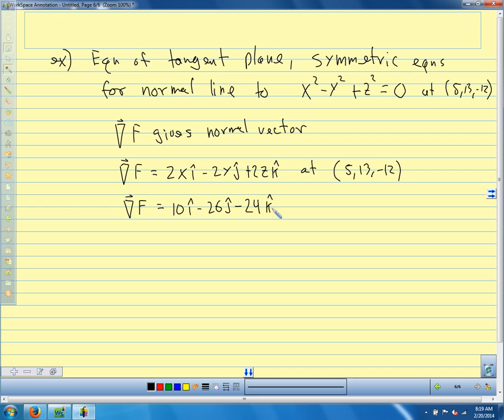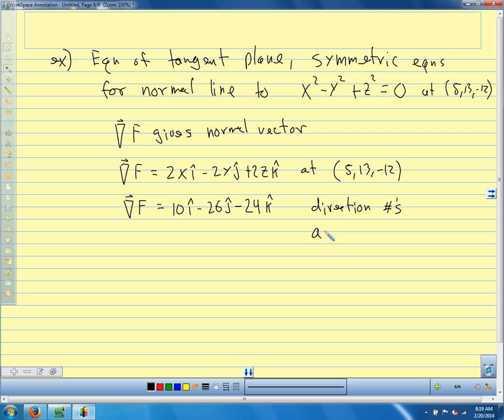So there's our normal vector. Our normal vector gives us our direction numbers